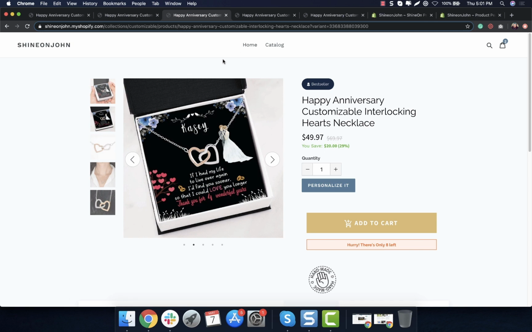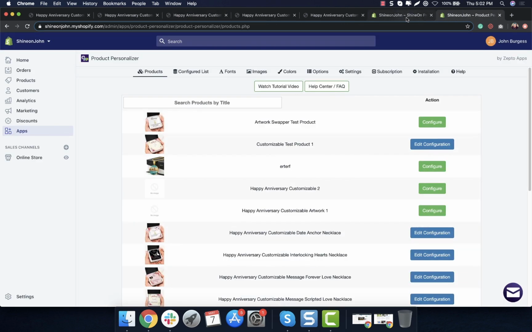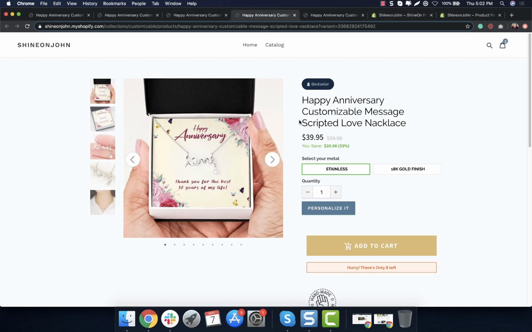And so that's what you want to see. If they just see a blank, they're not going to know to put anything there. And I highly recommend doing the personalize it button rather than having the fields on the page, because I don't think the UI works as well. The third one is,